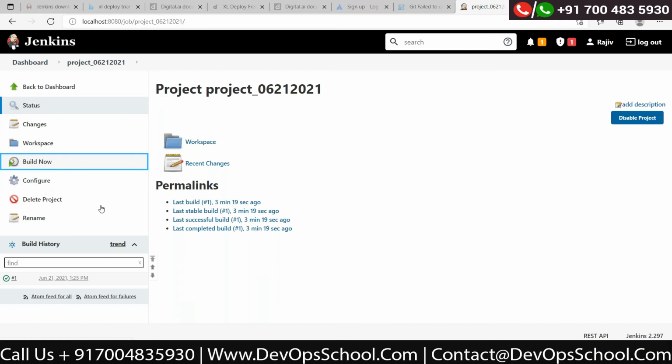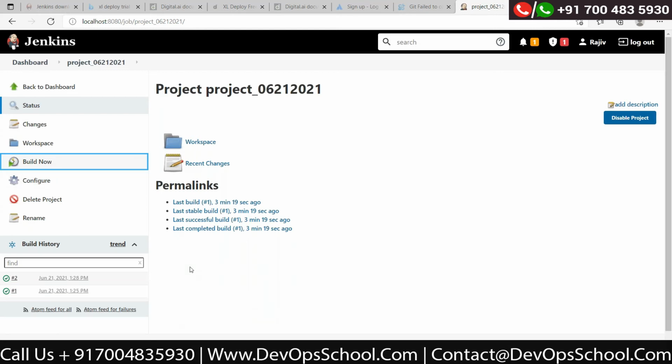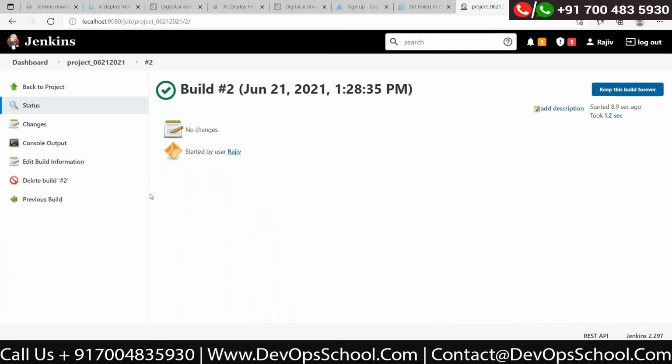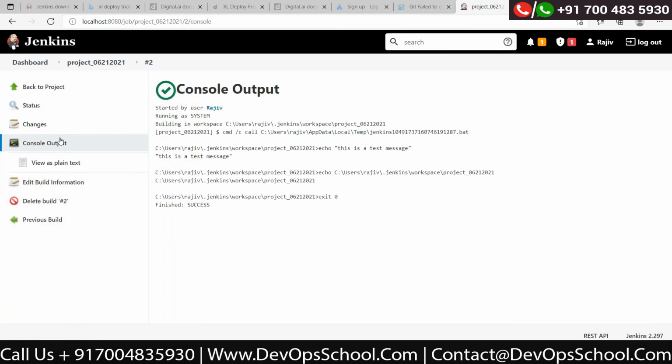See, now it has printed the workspace, right? Correct. So this is the path which is being printed, and this is the workspace path.